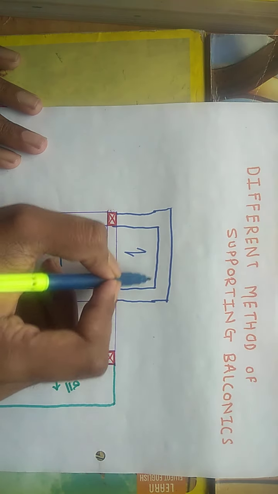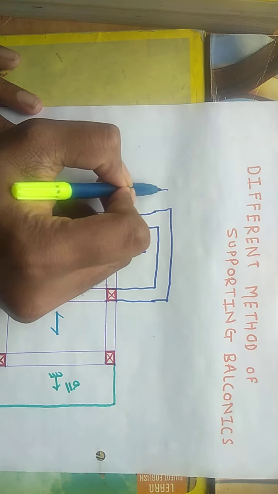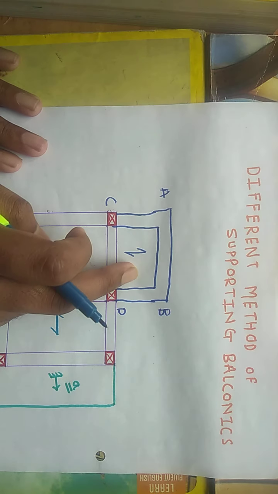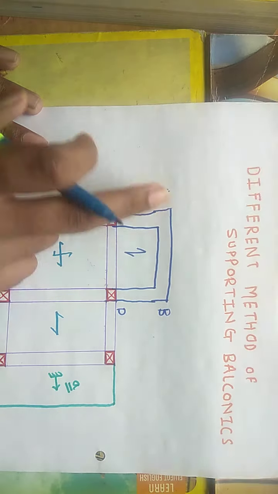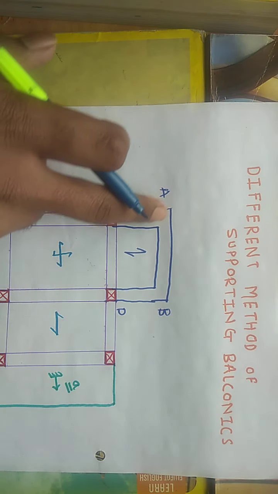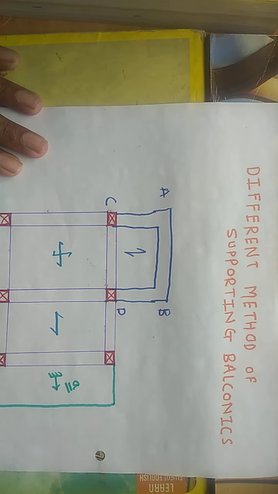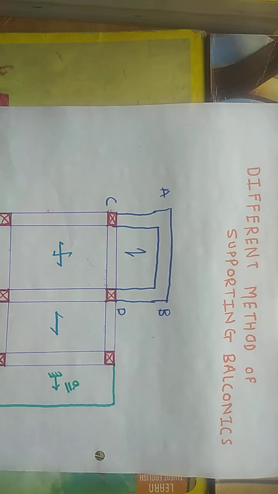Okay, so the load from this slab will be delivered to this beam. We name it AB and this one CD. So the load will be distributed to AB as well as CD. Okay, and then AB will give the point load to AC and BD. This is the later part, but this is the way you can support the balcony if you have a larger width. Now in this way you provide the main reinforcement and take out the load.